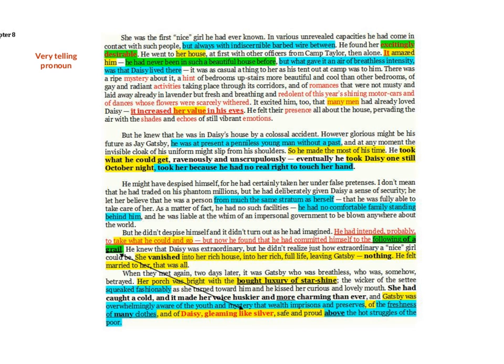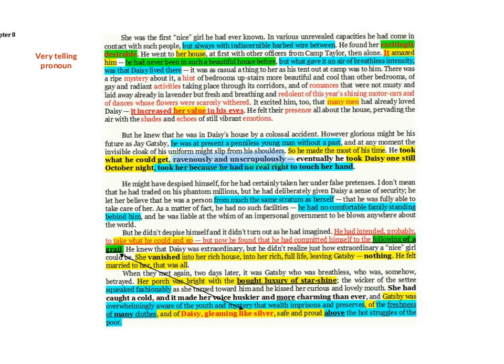We've mentioned rivalry and what's truly important. I don't want to repeat that too much. I probably have already. Moving on. So he made the most of his time. He took what he could get, ravenously and unscrupulously. Recall that earlier flashback of climbing and gulping and sucking, greedily devouring so no one else can enjoy it. And he took Daisy one still October night. So you got this sort of ravenous and greedy consuming here. Take what he could and go.